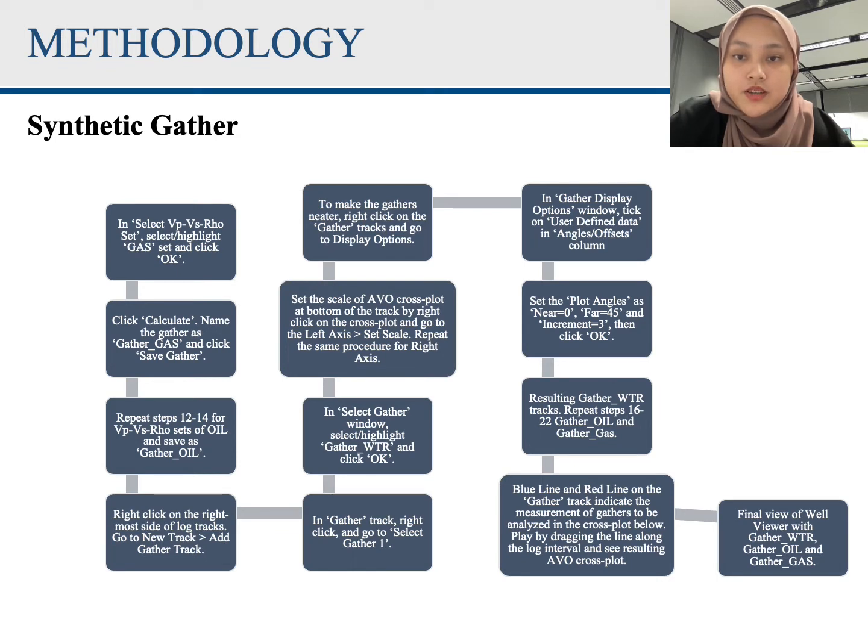To make the gather neater, right click on the gather tracks and go to the display option. In the gather display option window, we tick on the user defined data in angle offset column. We set the plot angle as near as 0, far as 45, and with increment of 3, and then we click OK. So resulting gather_WTR tracks, and then we have to repeat the step 16 to 22 for gather oil